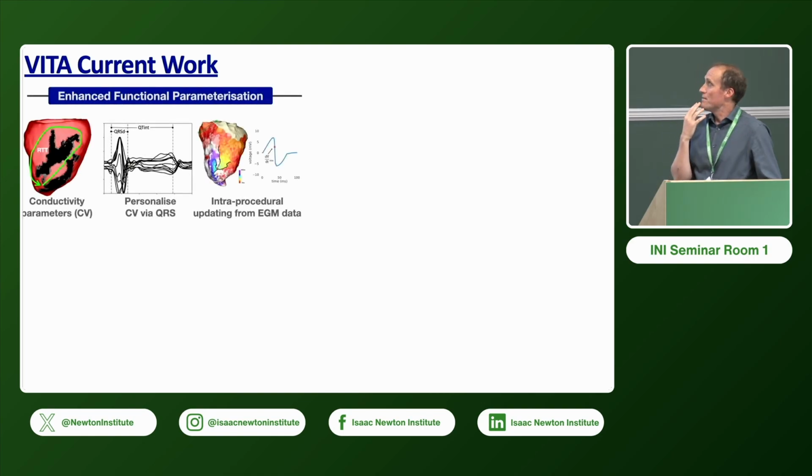So fundamentally, the main functional parameter that goes into Vita, or the only functional parameter really, is the conduction velocity, the conductivity of the tissue, which ultimately governs the cycle length. Potentially we could look at personalizing this globally from a 12-lead ECG, from the QRS. We're also interested in ways to update the conduction intra-procedurally in a heterogeneous manner from catheter measurements